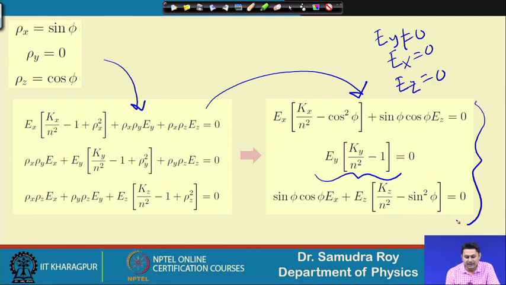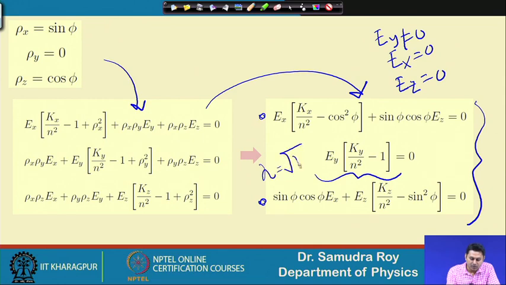Here Ex and Ez are considered to be 0. If that is the case, this equation and this equation are satisfied naturally; these are the trivial solution. If you put Ex and Ez as 0, both equations will be satisfied. And if Ey is not equal to 0, from this equation we can say that my refractive index n should be